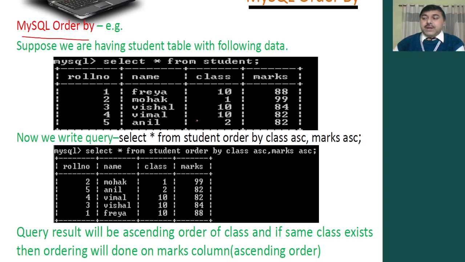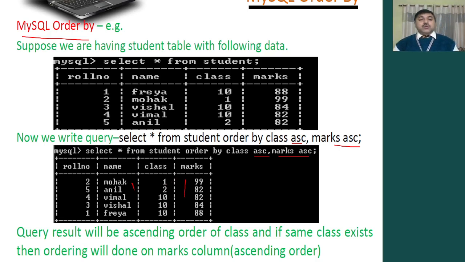So we can see each of the values that are being stored. Now, suppose I want to see those values using an ORDER BY clause. ORDER BY class ASC, mark ASC. ASC means ascending order. See here, the things are being arranged in ascending order. Name has been arranged in ascending order, as well as the marks.